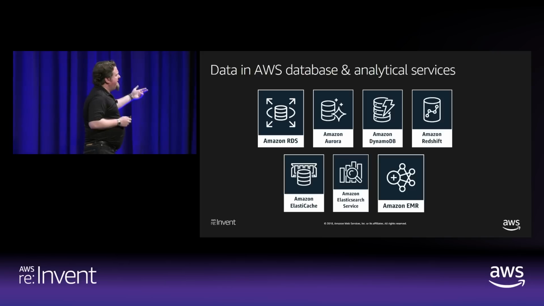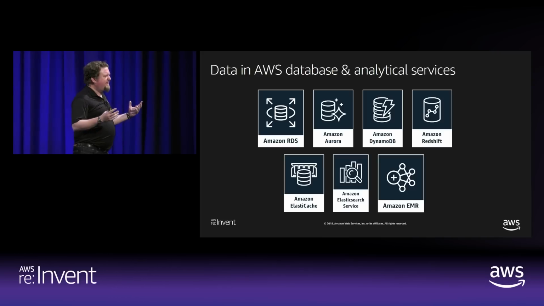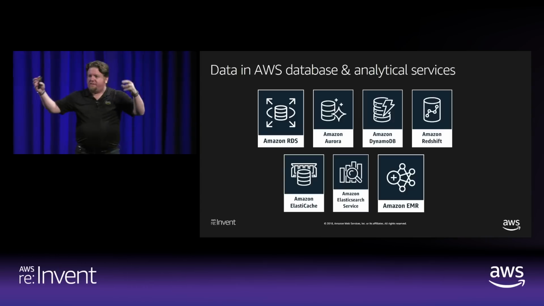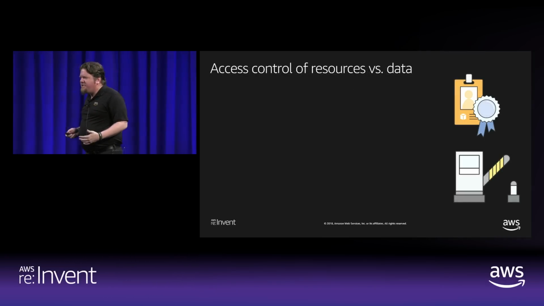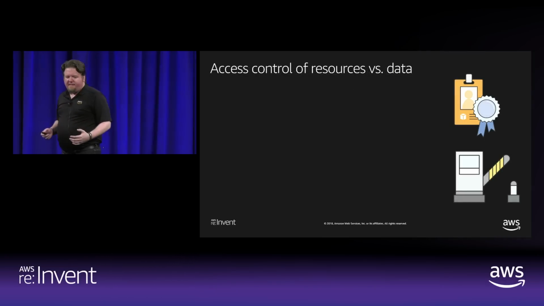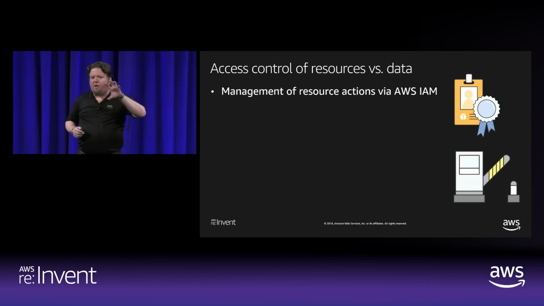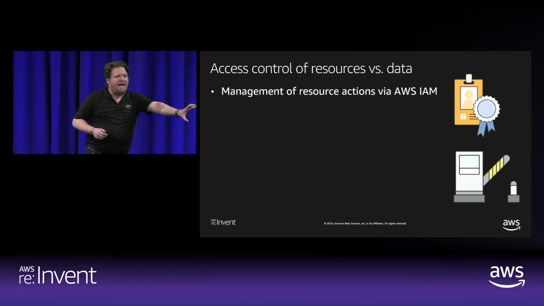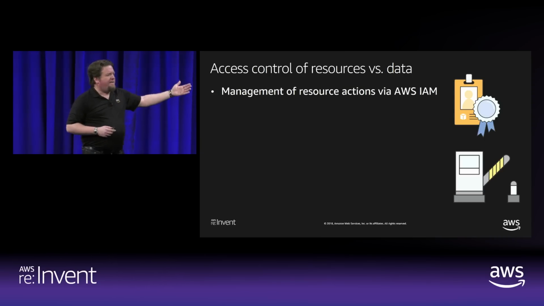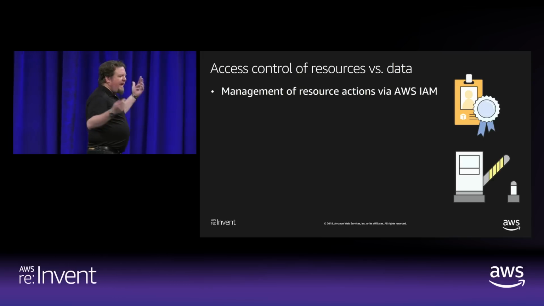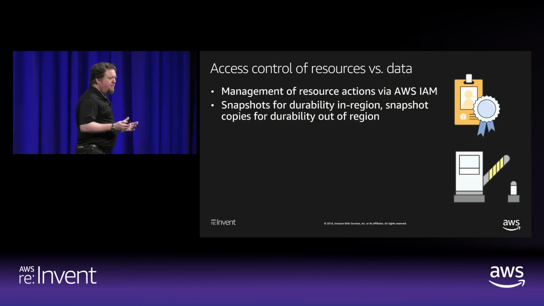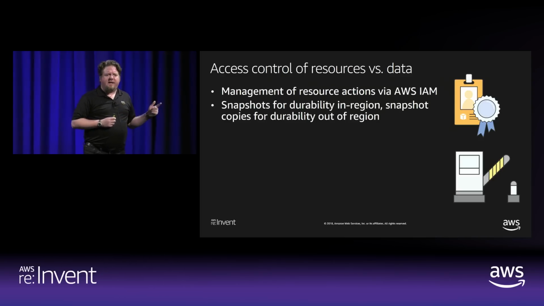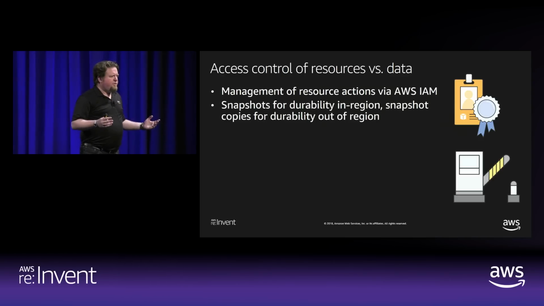RDS, managed relational database. Aurora, bigger, better, faster version of RDS. And these resources are AWS resources. They have ARNs, and they can take resource permissions, but the data they hold inside of the engine is outside of AWS IAM. Now, you can manage the RDS instance, and you can manage the RDS snapshot, but if you've defined a user inside of MySQL, that is outside of AWS IAM. If you need to make sure your data is going to be durable, again, confidential, integral, and available, snapshots are a great way to ensure availability.